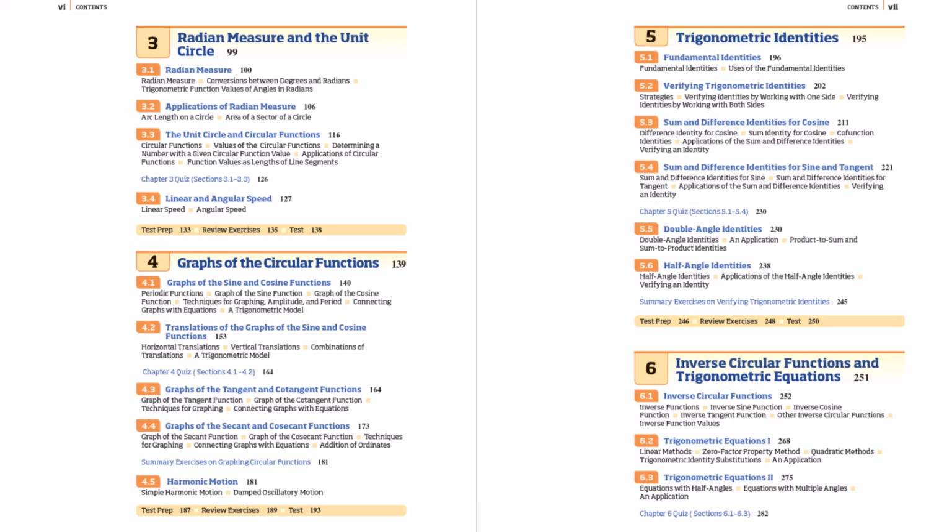All right, we're continuing with Chapter 4 in the trigonometry textbook. Chapter 4 is on the graphs of circular functions. That's when we think about circular functions, we're thinking trig functions in radians. In this video, we're going to go through section 4.2, which is on translations of the graphs of the sine